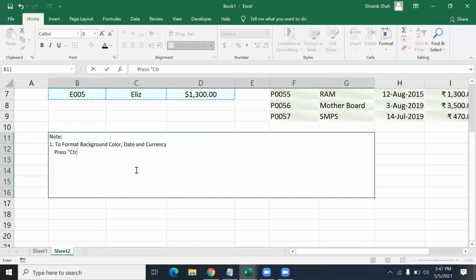Press Control plus 1 and select correct format. Second thing I told you, it is to change border styles of selected cells.